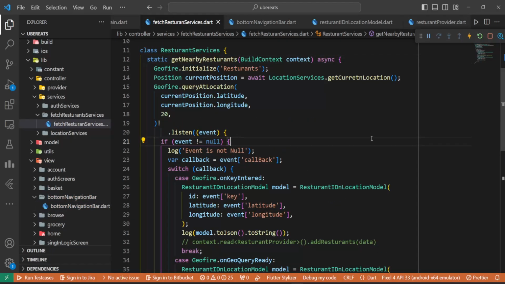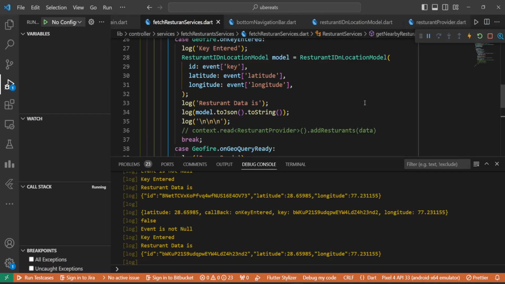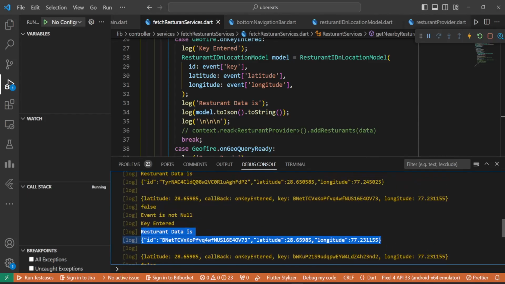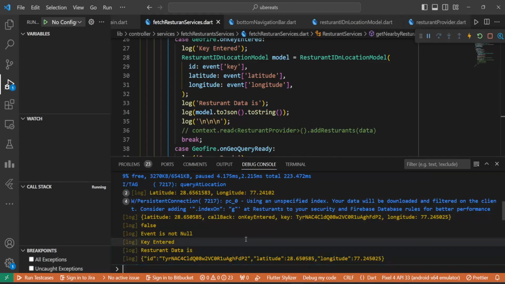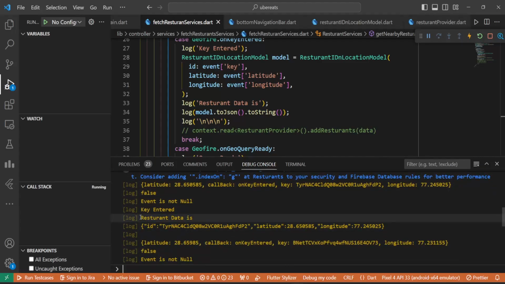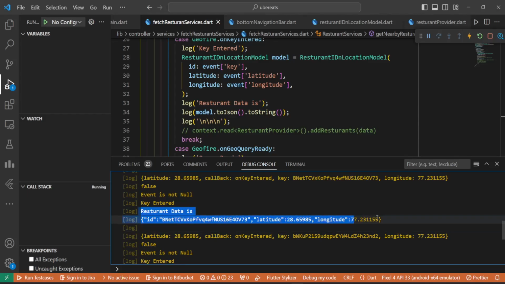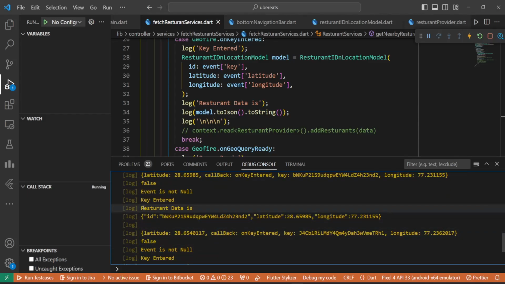And let's restart the application. And on restarting the application, we have fetched the data. As you can see here, here are our restaurant data. It's the restaurant ID. Here is the latitude and longitude. Till now, we have registered four restaurants, four nearby restaurants. So here are the four nearby restaurant data. So this one is first one. This one is second. This one is third,